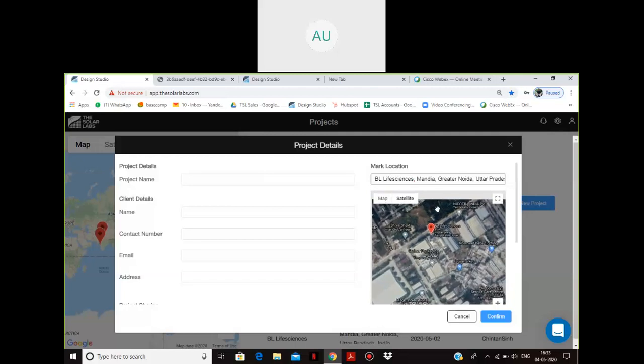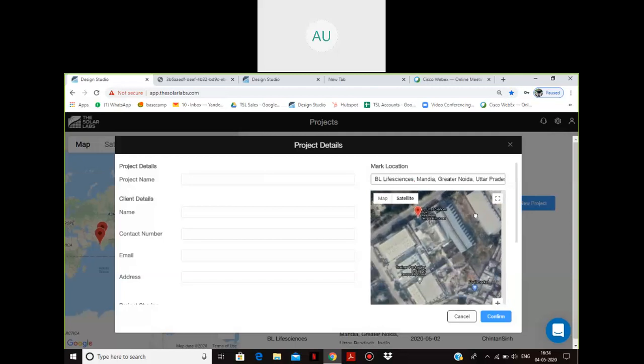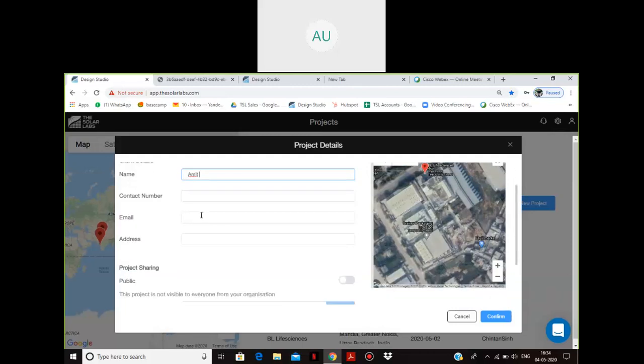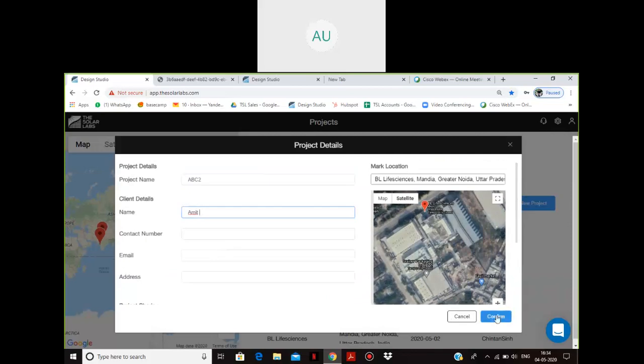I'll fix this again into my window as I had done for my residential site, and again I'll keep the name say as ABC2. I'll keep Amritsar as my client details and leave the rest of these blank, and I'll confirm this.